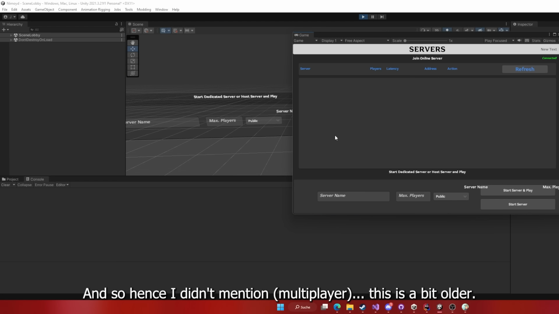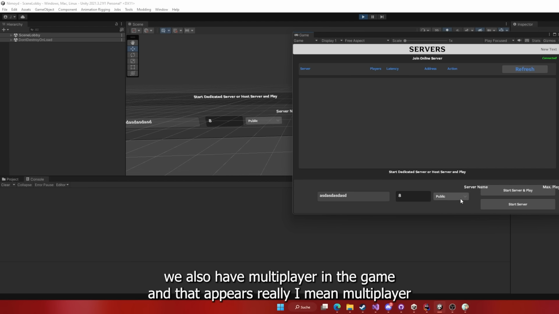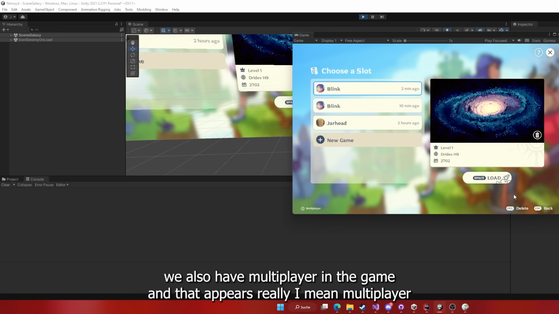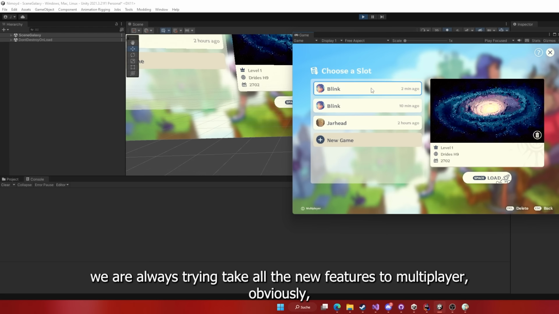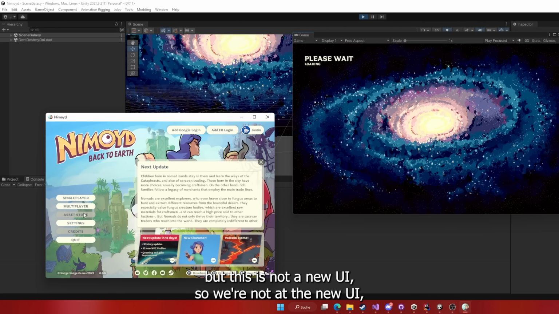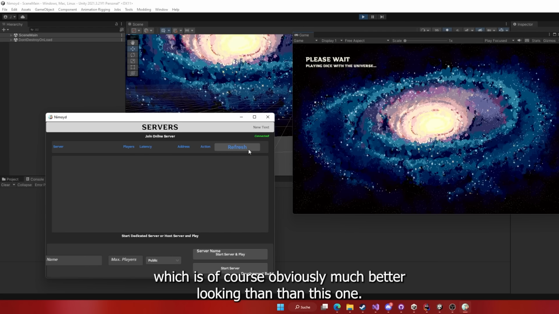I did not mention this is a bit older. This basically shows that we also have multiplayer in the game, and we are always trying to update all the new features to multiplayer, obviously. But this is not a new UI, so I will not add the new UI for the servers and stuff,